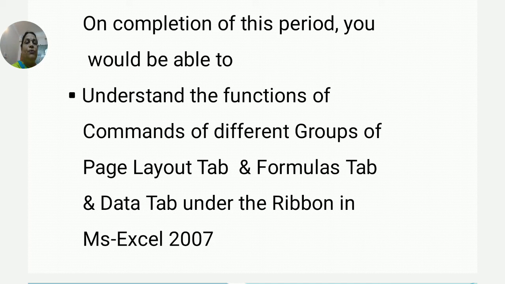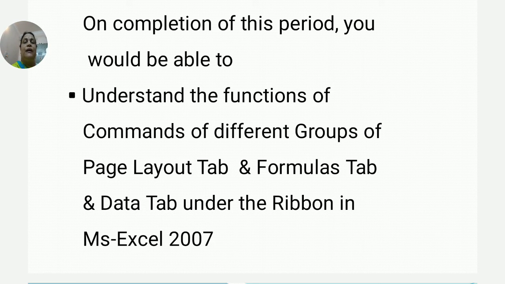We have also seen how to create a workbook, how to save a workbook, how to enter the data into the Excel sheet, and how to edit the data. Also we have seen what a ribbon is, what the tabs under this ribbon are, and what the groups under the ribbon are. Functions of these groups also we have seen in the first class.